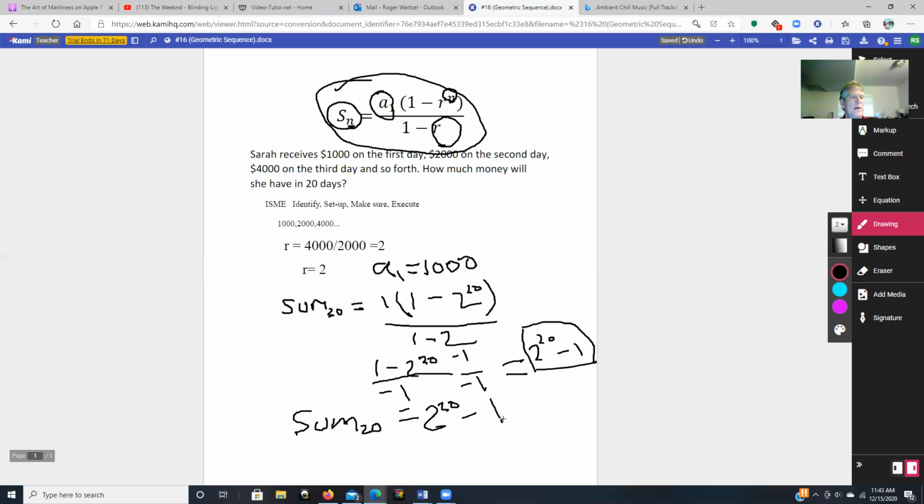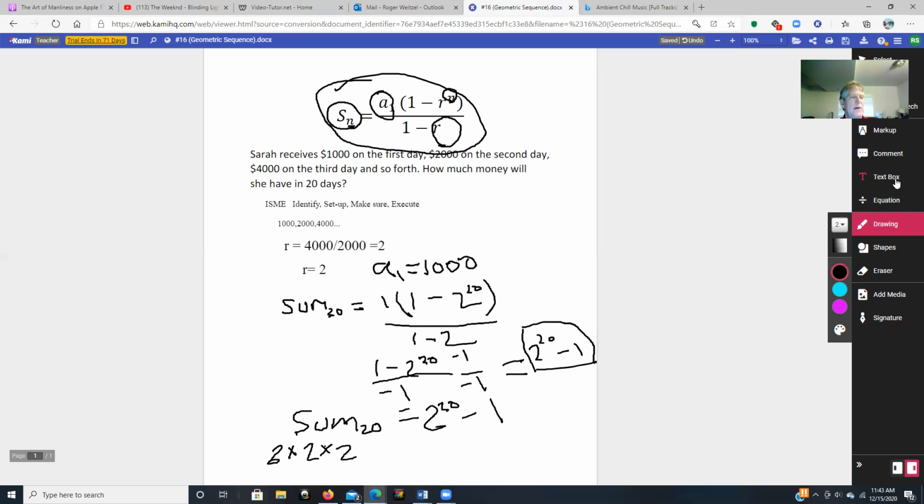It's going to be hard for me to multiply it out because we would be doing 2 times 2 times 2, and we're going to be doing that 20 times. So let's take 2 to the 20th power, and that's going to give us,